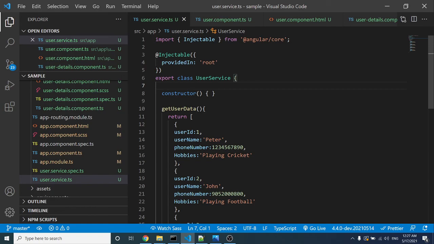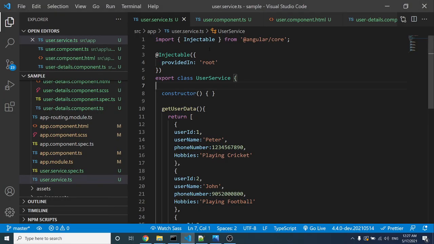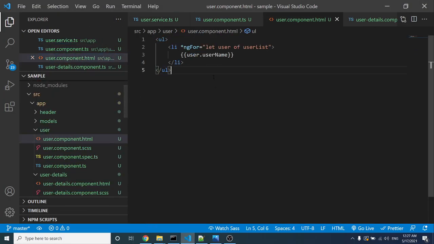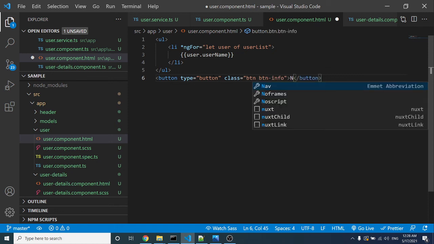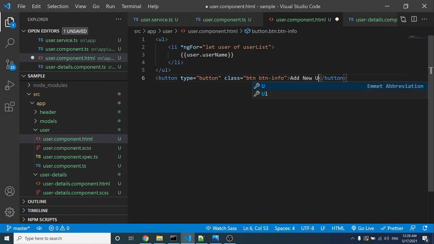Let's assume we want to add a new user on click of a button. Let's take one button inside user component.html, type equal to button. I'm adding some bootstrap classes, btn btn-info, and naming the button Add New User.